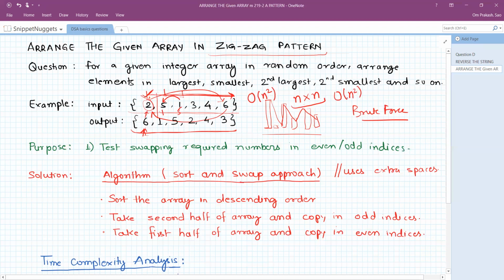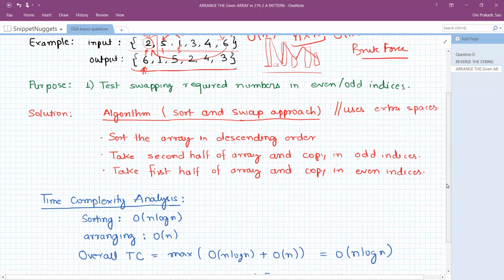Another, a little bit more efficient approach is to first sort this array and then swap. In this approach, you will sort the array in descending order first. Why descending order? Because the first element is 6, then the third is 5, then the fifth is 4, and so on.